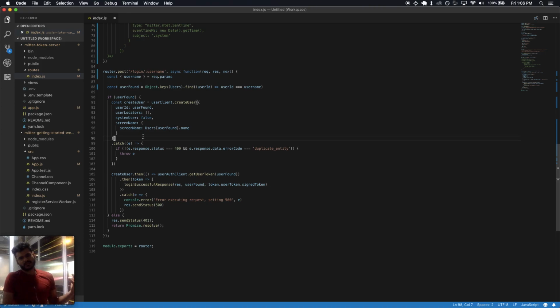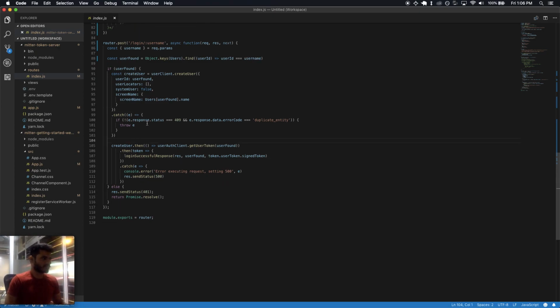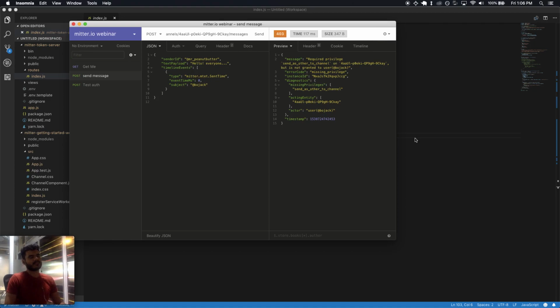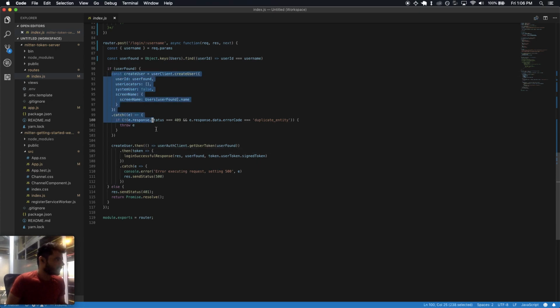The entire SDK, almost all the clients and all the API calls that you make on them are promise based, which I guess makes sense because it uses fetch internally or Axios. There are two implementations, and both of them are promise based, and it follows a similar principle. You can compose on them, you can catch any errors that are there. The errors on Mitter.io though kind of follow a certain format that we'll talk about in a bit. So if the create user succeeded, do note that we are considering a collision of the user ID as success too, so that we don't want to